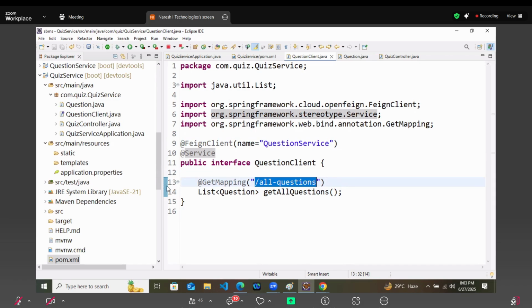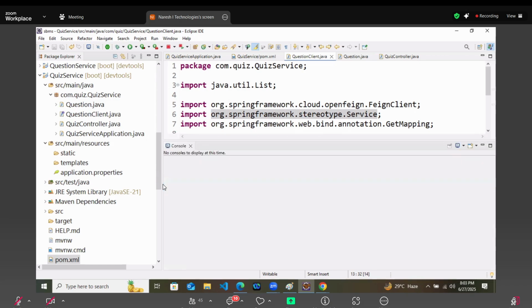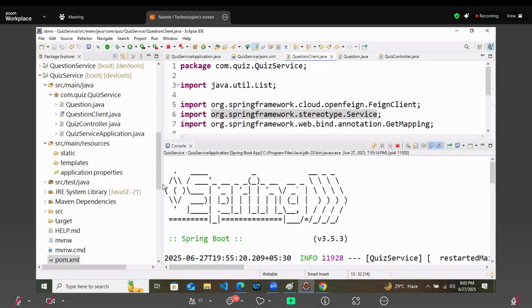So it is not talking to any localhost 8080 or like that. It is talking to a running service deployed on the cloud. Now you can take the same way in the same cloud, right? So that is how microservices talk with each other. Got it?